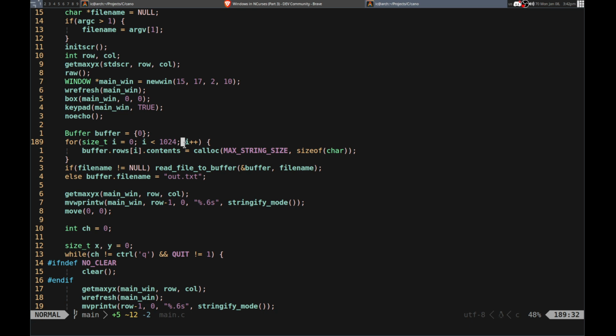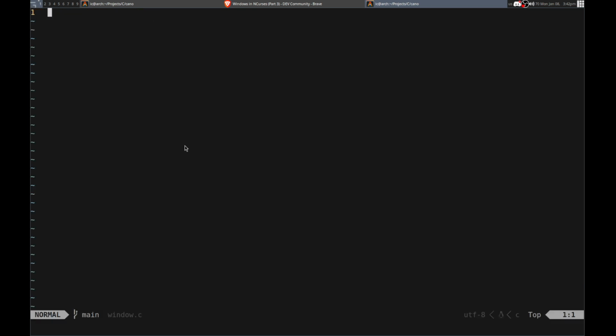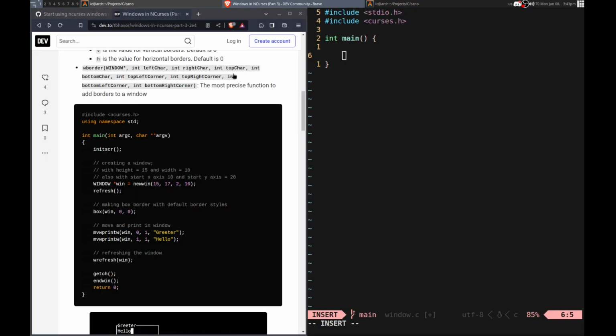Yeah, I think I will probably do that. So let me just make bin window.c. And there's a few things. And just initialize a window like this, and that's not working. So yeah, I need